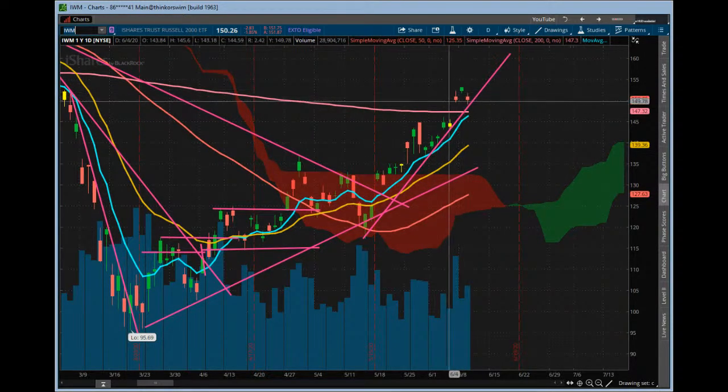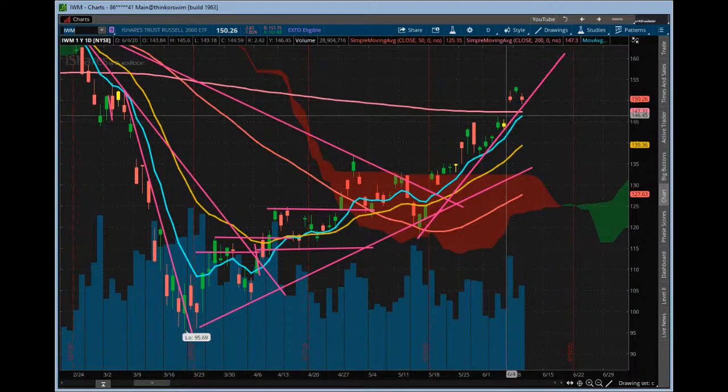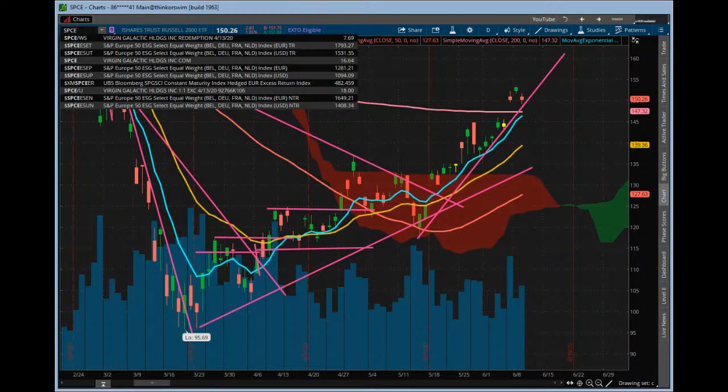So, kind of an interesting move on IWM, right? This is the big laggard here with the rest of the market. But it gave a nice move up, got over the 200-day, gave a decent candle yesterday, but decreased volume, right? And then gapped down a little bit today, but it is still holding trend. So let's see if we can continue to do that if the market remains strong. Eventually we'll get some rotation in that one.